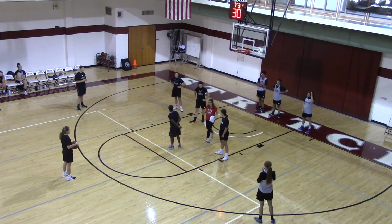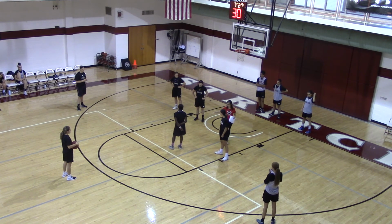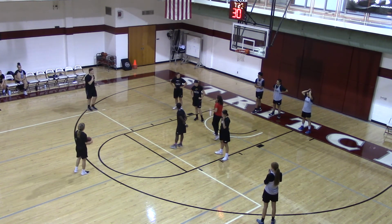Americans have 5 out on defense, guarding a 4 out 1 in offense. So Americans have a 4 out